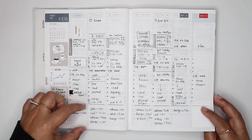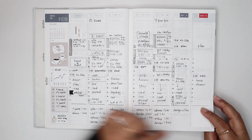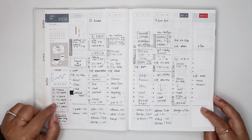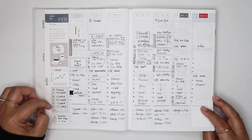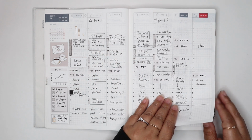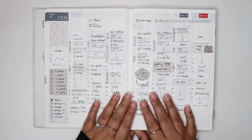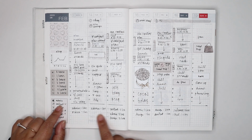And I was still logging my hours up here and then totaling it down here, and then each day how many hours that I actually worked. So like I said, these are not typical. So what you're seeing here is not a good representation of how I spend my days. So here's the following week. I added this tracker for how many hours I spent on each